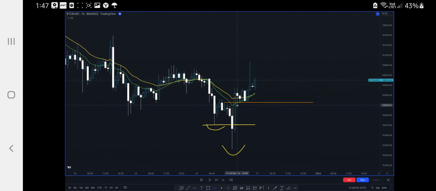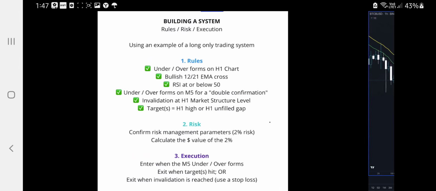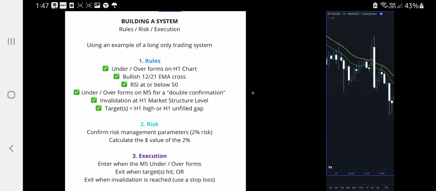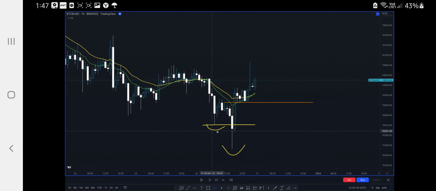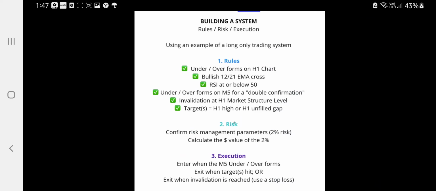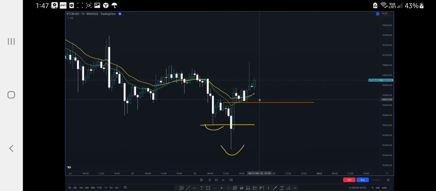What matters is this is not a completed under over yet. So there is a chance the price goes away without us, but that's not how we trade per this system. Per this system, we're waiting for the under over to form. It's 2/3 formed. If you think of it as head and shoulders, we've got the shoulder, the head, and we're waiting for the second shoulder for an inverse head and shoulders. Then we're also waiting for, so forms in the 1 hour chart, we need a bullish 12-21 EMA cross, which we're getting here.